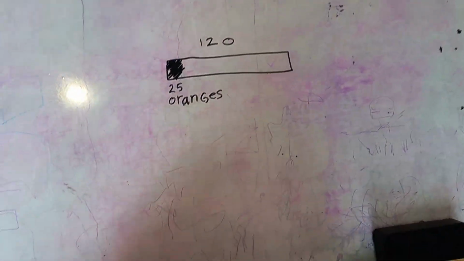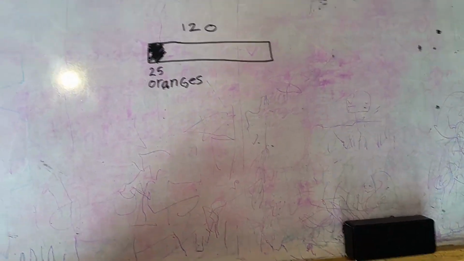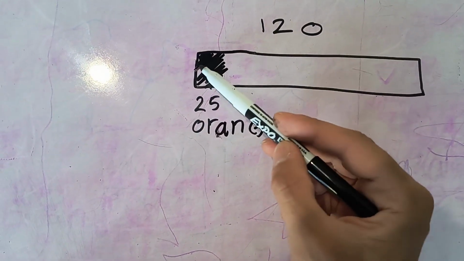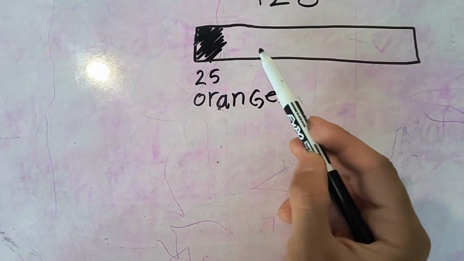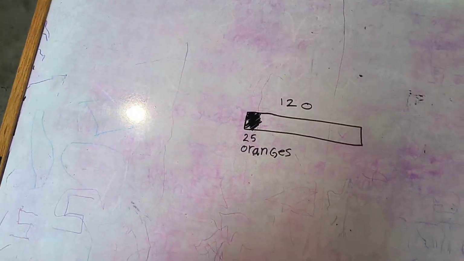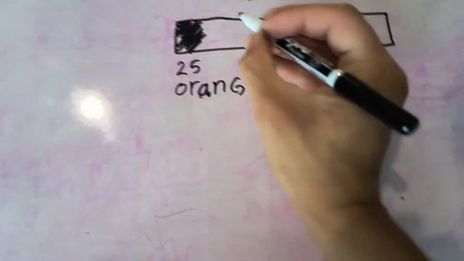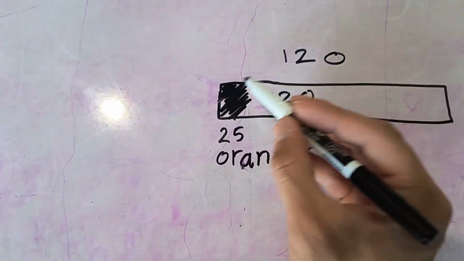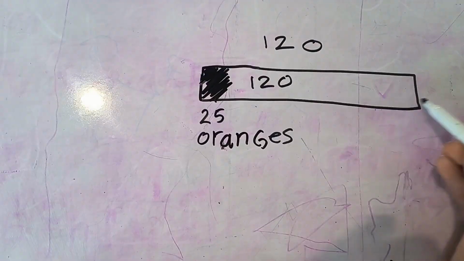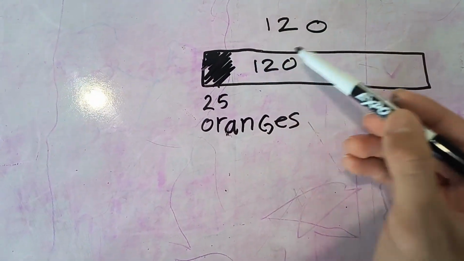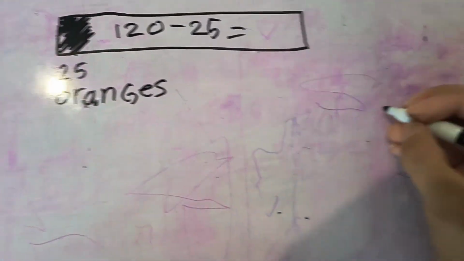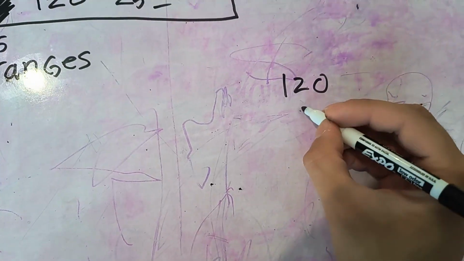And we're asked how many oranges does she have left to sell? Well, we just look at the shaded part. The shaded part is representing the 25 oranges that she sold. So that means this whole part, the not shaded part, is equal to the amount of oranges she has left, which is all of this minus this part. So this whole non-shaded in part is equal to the whole thing minus the shaded in part, which is equal